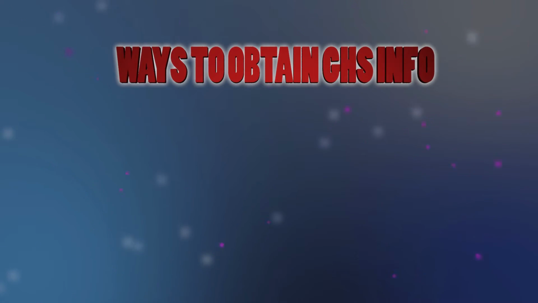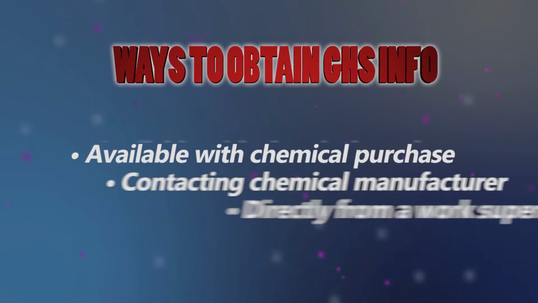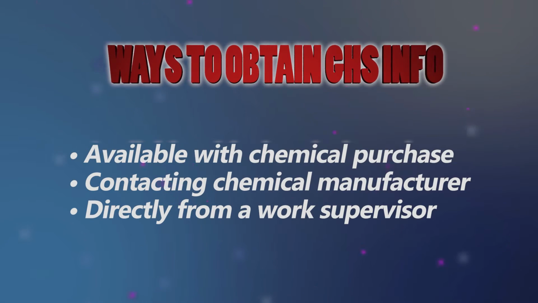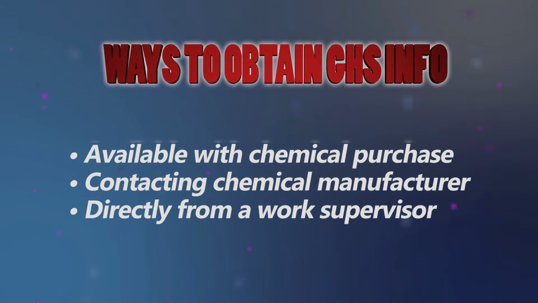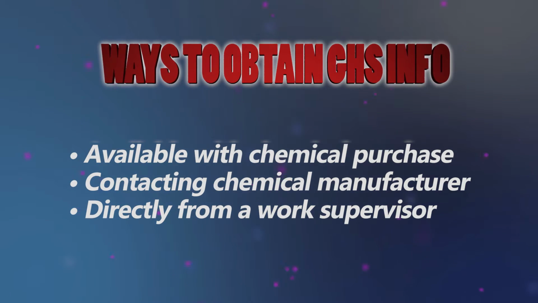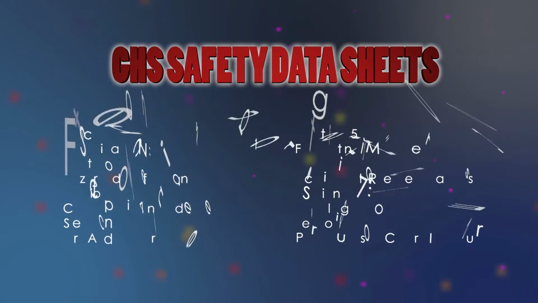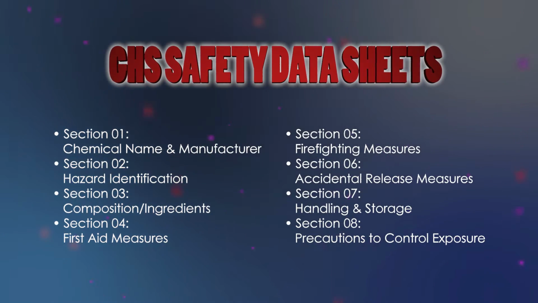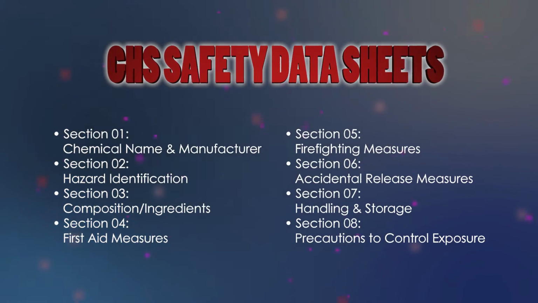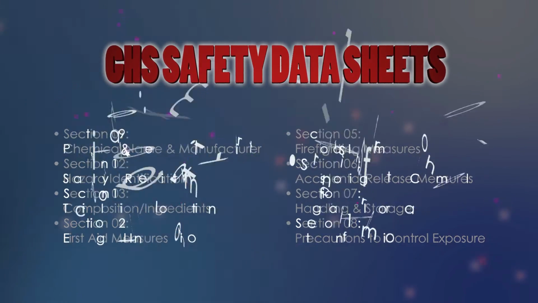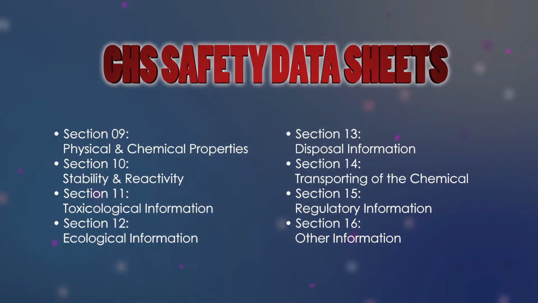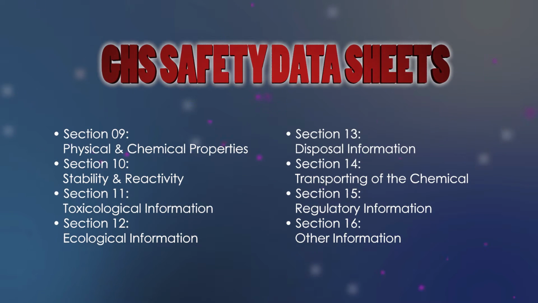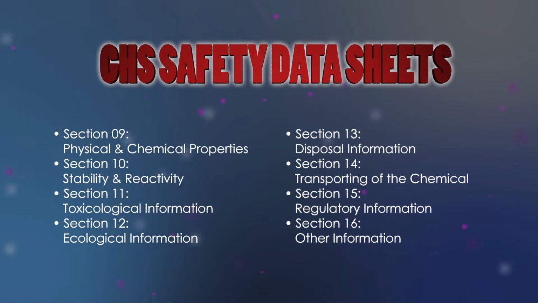They are either available with the purchase of the chemicals or per request of the chemical manufacturers. Your work supervisor may also be able to help you, or the safety data sheet could be Googled as well. The safety data sheets are standardized and will always have a user-friendly format of 16 main sections. Sections 1 through 8 are for general information, such as the chemical name, ingredients, storage precautions, and hazards it poses with pictograms. And then sections 9 through 16 are for technical information, such as the chemical properties, stability, ecological information,